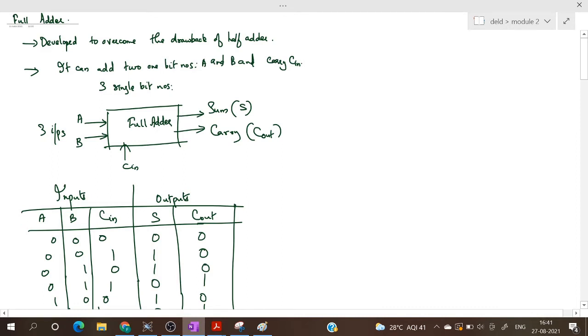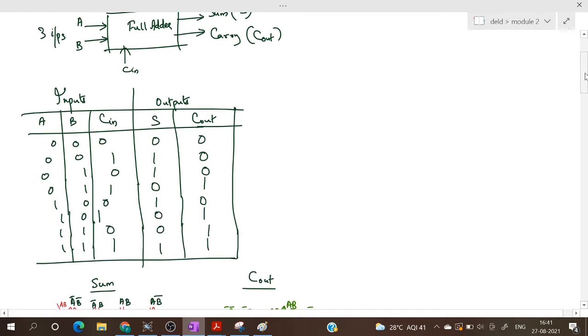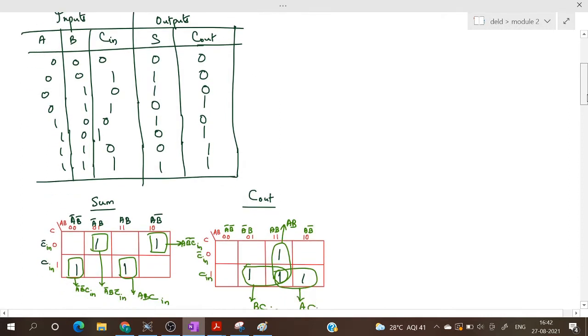As you all know, the full adder is developed for the addition of two 1-bit numbers A and B and a carry in Cn, so it is used for adding three single bit numbers. It has three inputs, A, B and carry in, and two outputs, the sum and carry out. This is the truth table of the full adder circuit, and we have simplified